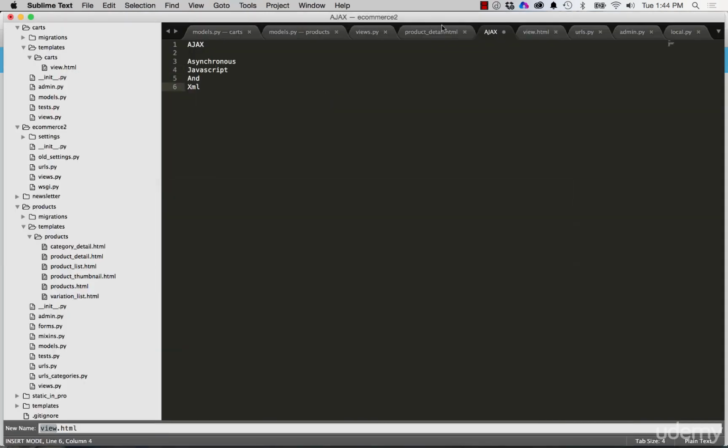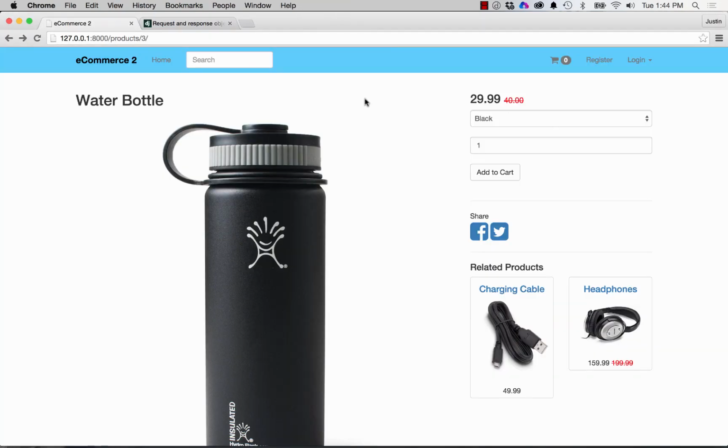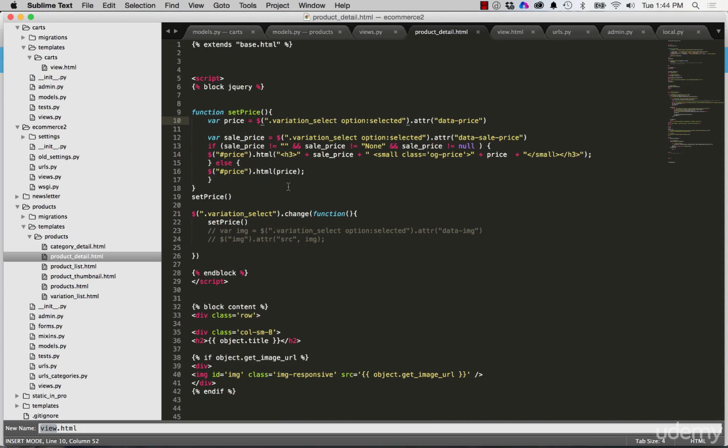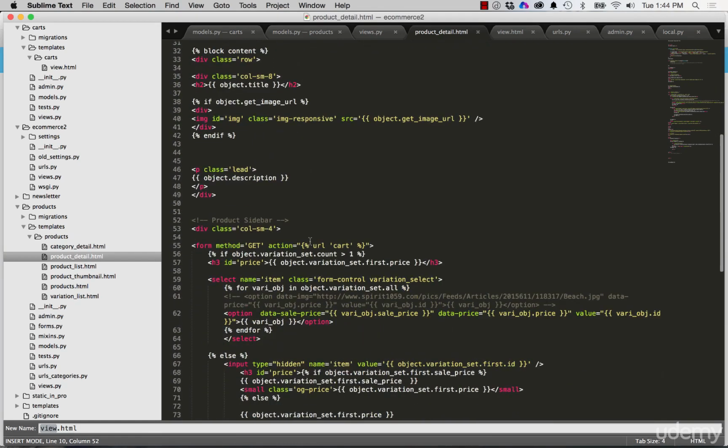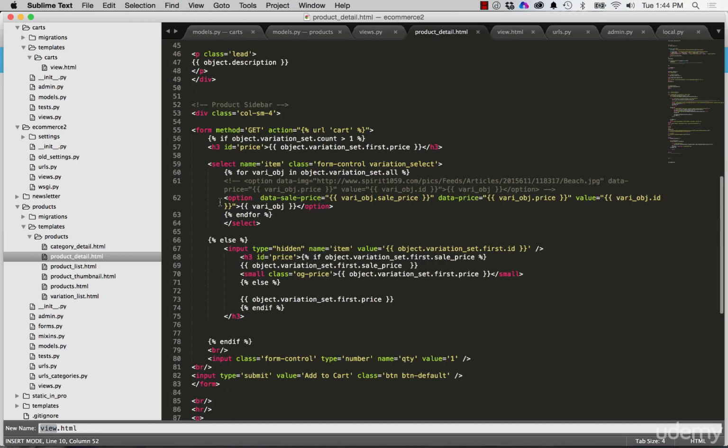So jumping into our product detail, this is where we're going to do our first Ajax call, which is add to cart. So before we actually even get started with the JavaScript stuff, we need to come down and give some IDs to our form as well as our submit button. So first off, I'll just say ID equals add-form, and then the input I'll give ID equals submit